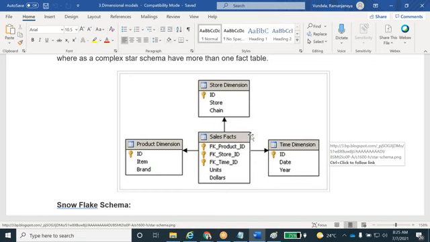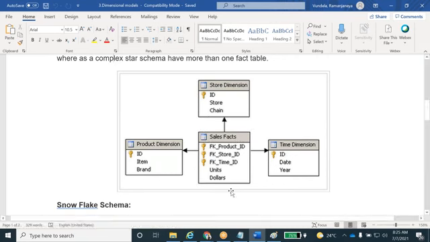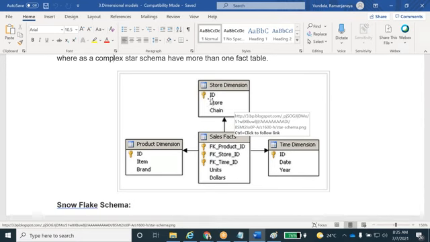Okay, we'll see the advantages and disadvantages of the star schema. The advantage is that just by looking at it, it is easy to understand and easy to analyze the data here, because there is direct one-to-one mapping, connections are there. Directly we give the join condition, and we can write the queries and analyze the data. What are the sales, particular week sales, particular store and particular brand data, product data, we can analyze it clearly.